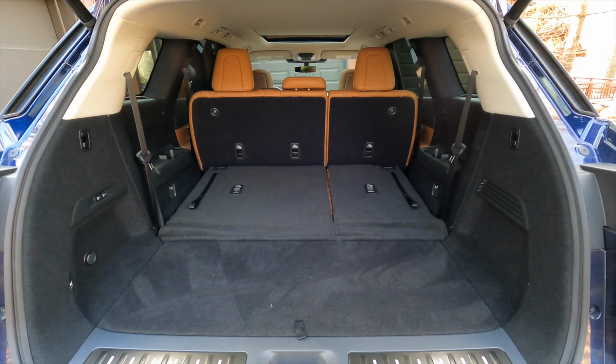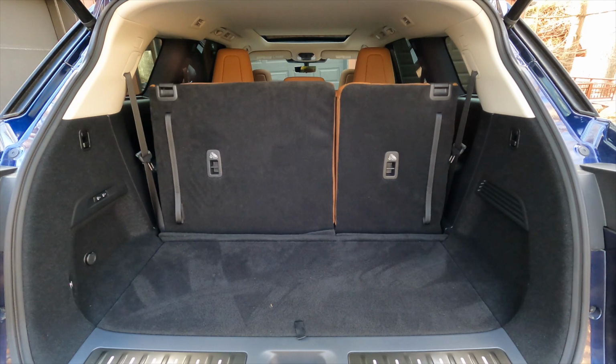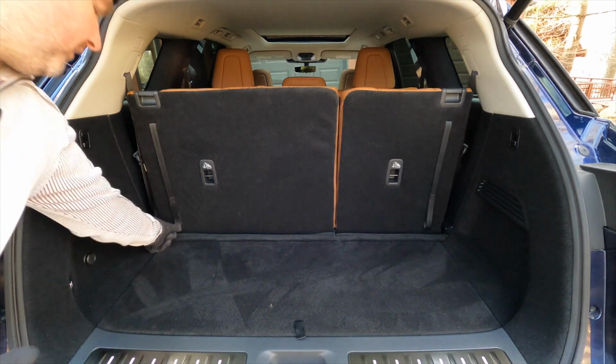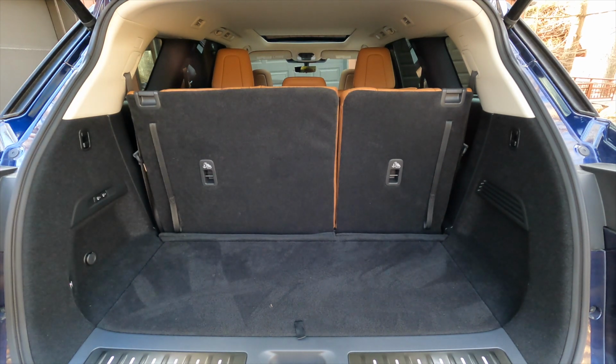However, there is one more neat little trick, and that is these buttons right here. Manually put the seats down, but one touch brings them back up without having to lean over to get these straps here. So that is available on the Sensory and up, and you know, it's a neat little trick. For me personally, I wouldn't call that necessary, but it might be convenient and helpful for some. Anyway, back down